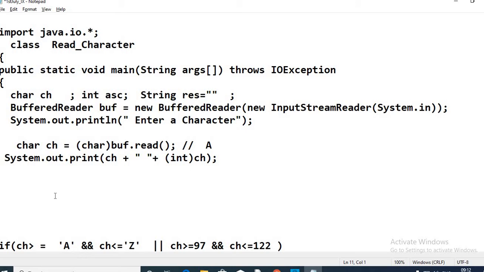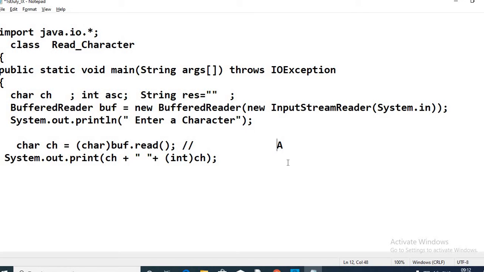Let us now understand how to input a character constant. Using readline, if I press A, it is going to be in the form of a string. So when I use readline, any character or set of characters that you input during runtime will be read in the form of a string. In case I press 1 during runtime, this is going to be a string constant, which can be converted into the integral value 1 using Integer.parseInt.